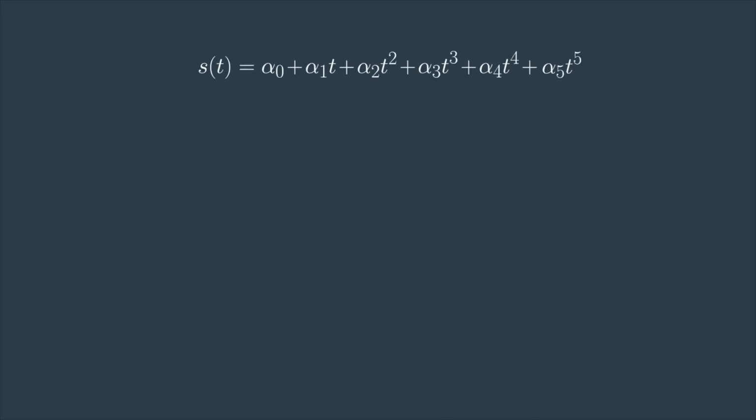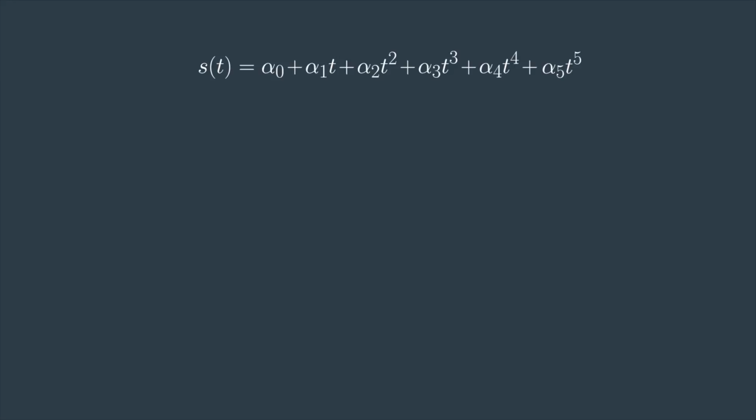In a previous video, I showed you that the position of a jerk minimizing trajectory is given by a quintic polynomial. In this video, I'm going to present a quick and non-rigorous walkthrough of how we find the 6 coefficients that describe this polynomial. It is not essential that you remember the details of this, but you might find it interesting.